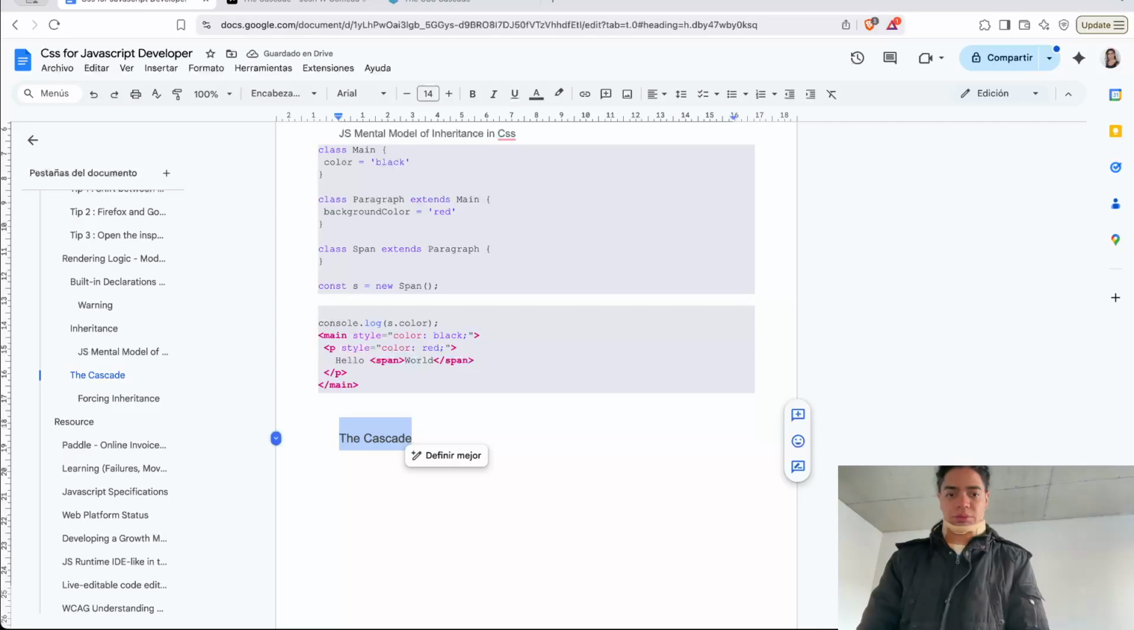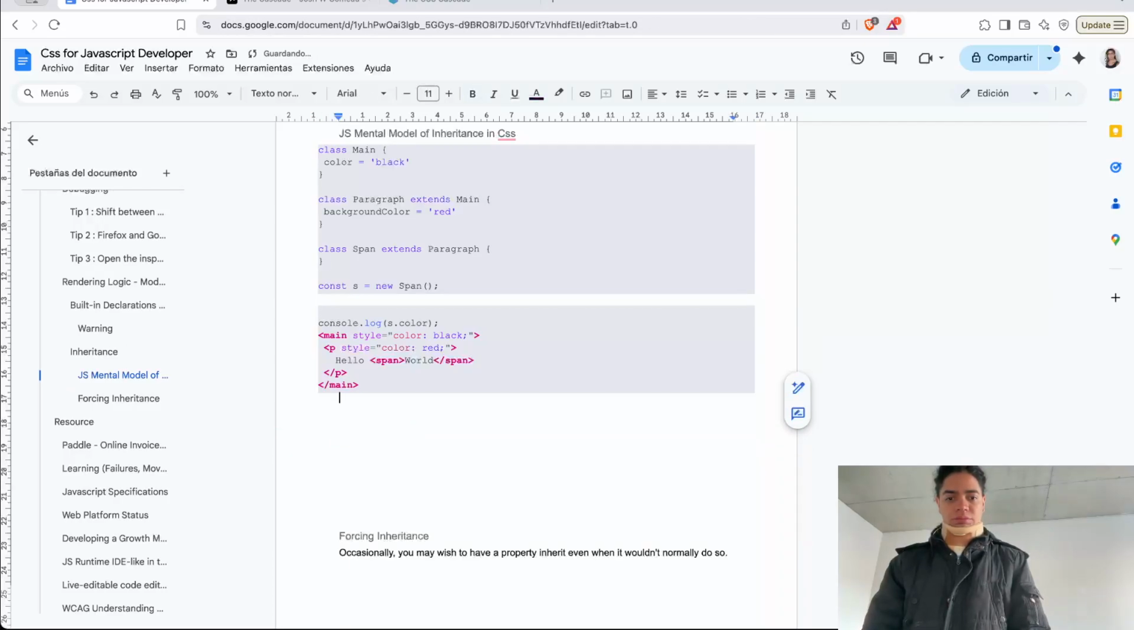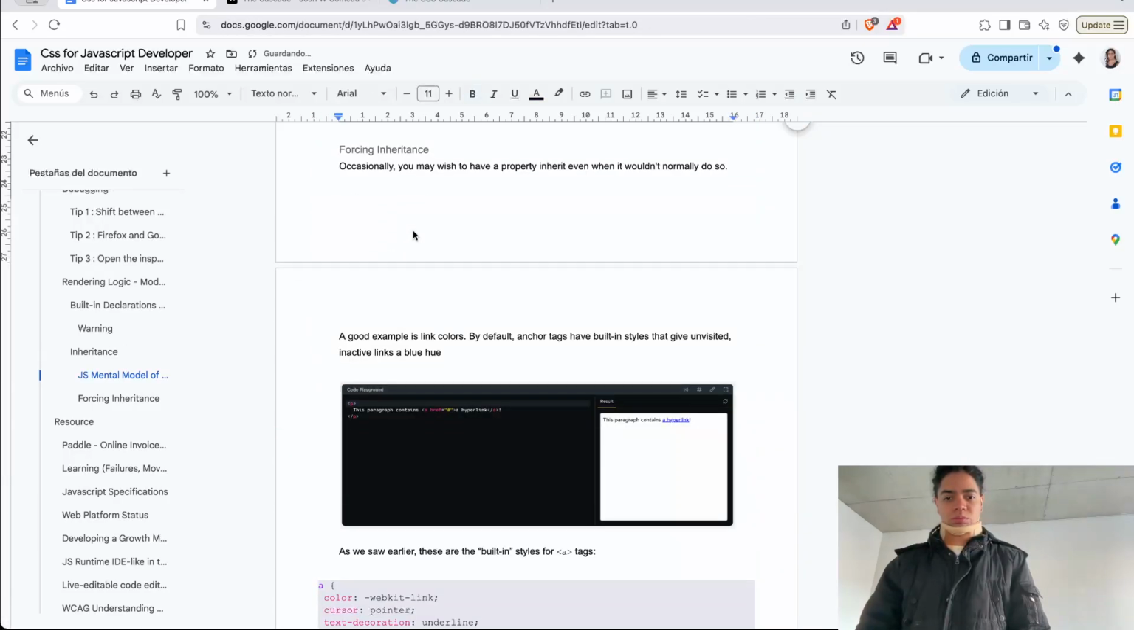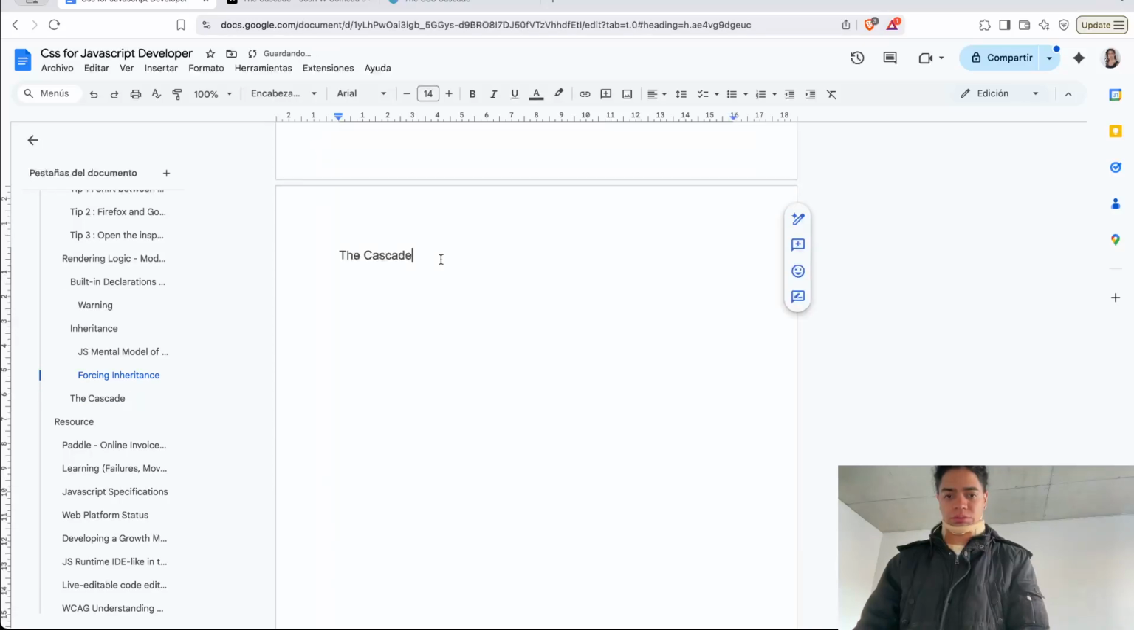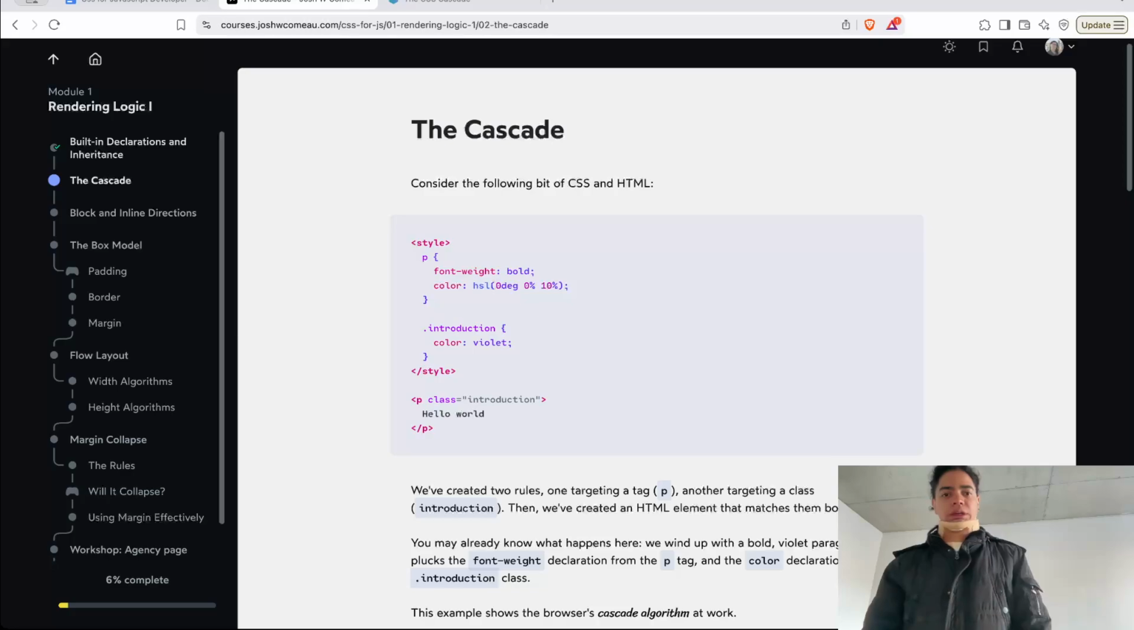But I think this come here. There you got it. In the cascade, all right. So the point of this is,